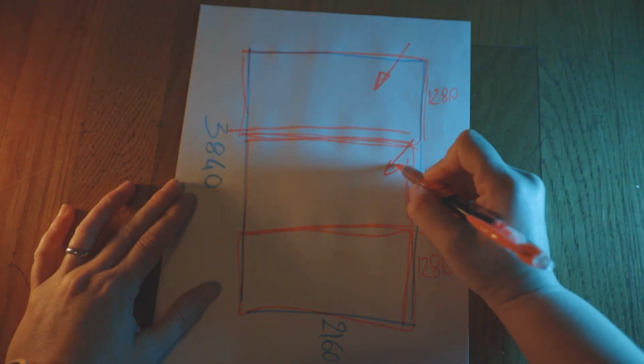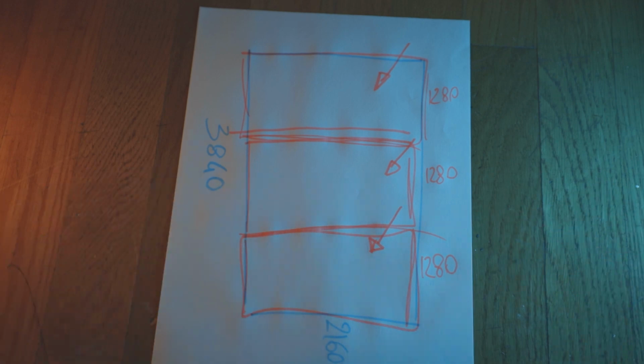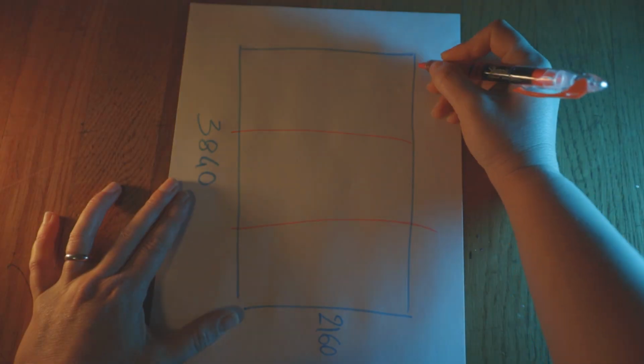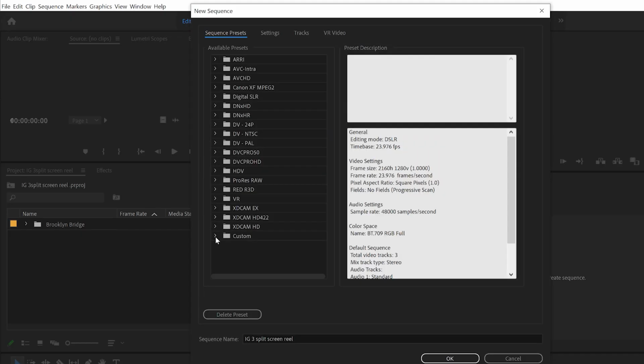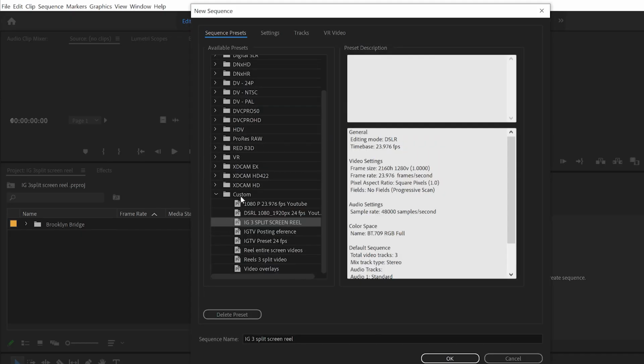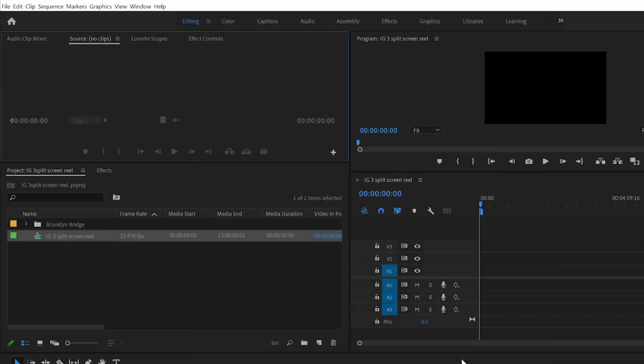First, we want to work on each individual clip in its own box so we don't mess up with the black space between the clips, which we don't like. And then we're going to adjust the settings again to 3840 to make it vertical. I promise this is the most efficient way to edit reels like this and save time. All right. Now save your preset so next time you'll have everything ready to go. Great, now you have a new sequence and you can start placing your clip in the timeline.